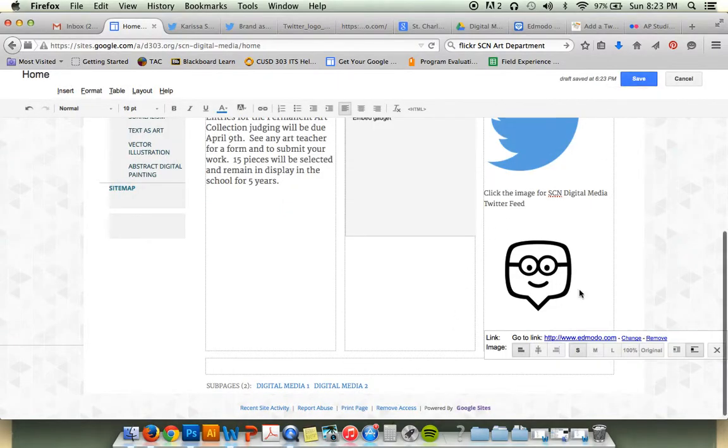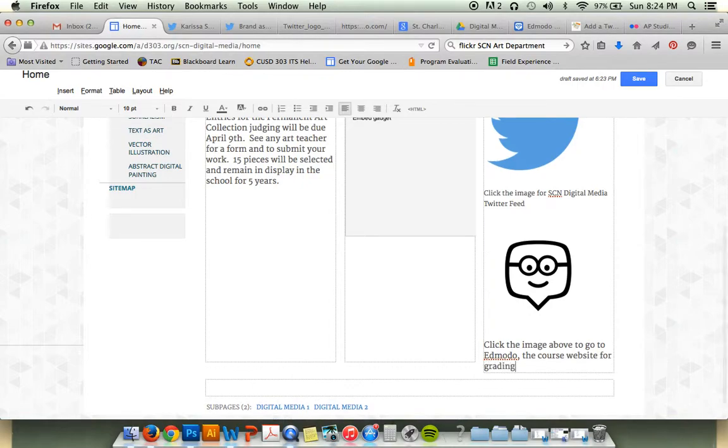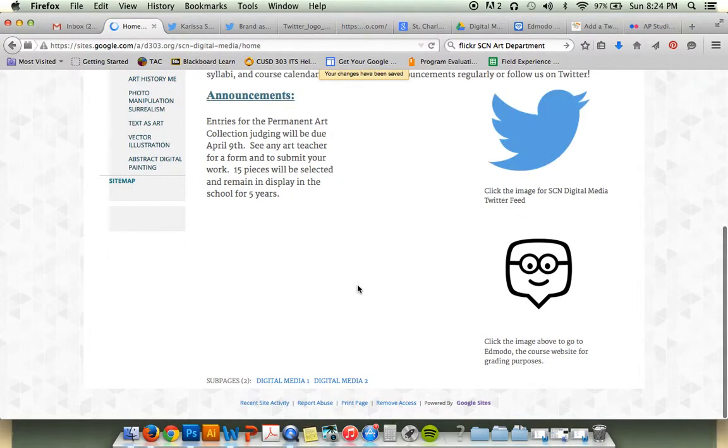And now if I click out of that, underneath, click the image above to go to Edmodo. And again, you can change your text size, text color, etc. If I click Save,